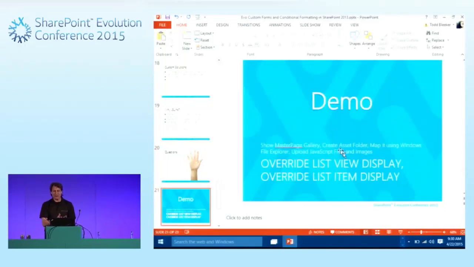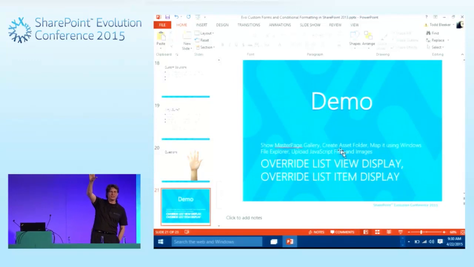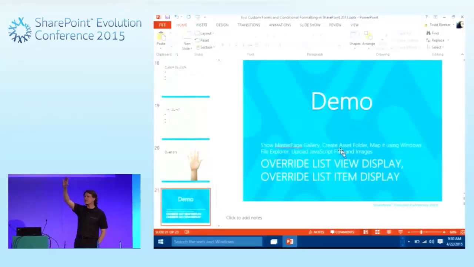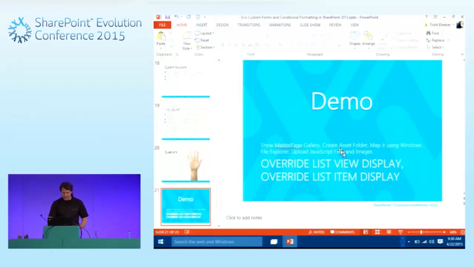First demo I'm going to do is overriding the list view and the list item. There's going to be some JavaScript in here, and I just kind of got to know how many people already have a good handle on JavaScript. You're already pretty clean about it. You got it about a little more than half, maybe half. Okay, I'm going to talk about JavaScript